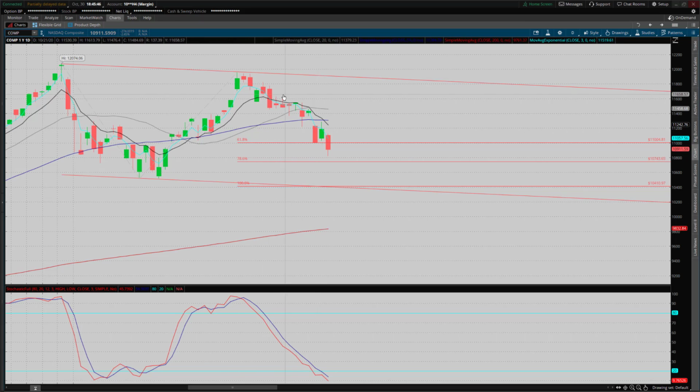Now, it's possible we get a little weaker here in the next session or two before the election is sorted out, I believe on Tuesday evening. So it's possible Monday, Tuesday, we go a little deeper. Maybe we do actually make a new low like we're supposed to in the C wave on SPX and the NASDAQ, but I wouldn't hold your breath on that. Consider it an entry gift for going long if it does happen.